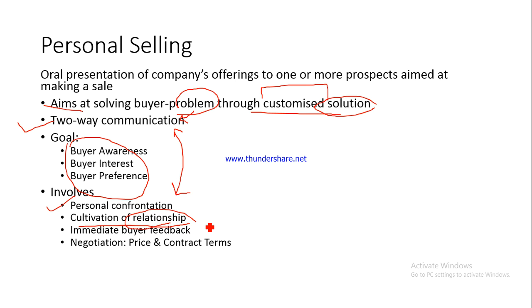So even if the buyer has purchased a product once, even then he'll keep in touch with the buyer so that he can upsell, he can cross-sell to him, or so that he can make the buyer repurchase the product. So for example, if you have sold a car to a buyer, then he will be in touch with the buyer so that you can probably sell some accessories, which would be called upselling or cross-selling, or so that when